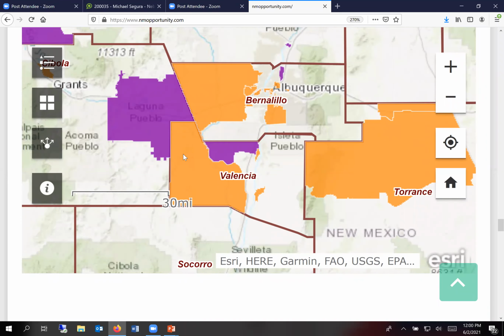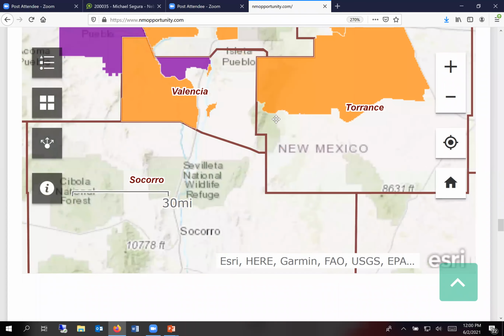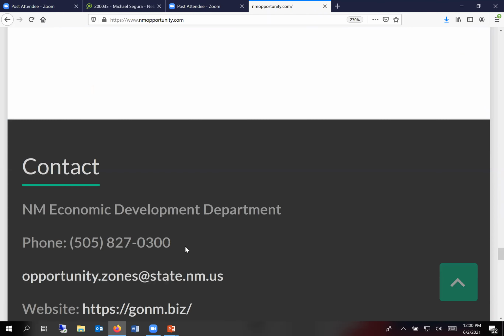Plus, they have the benefit of owning a piece of that opportunity fund, which co-owns or owns a piece of multiple businesses in these opportunity zones. The purple part of the opportunity zones are public-private projects, like the reservation for sustainable agriculture, solar projects, and whatnot. But you see there are vast tracts of land throughout low economic areas in New Mexico. You just have to get in touch with an opportunity fund.